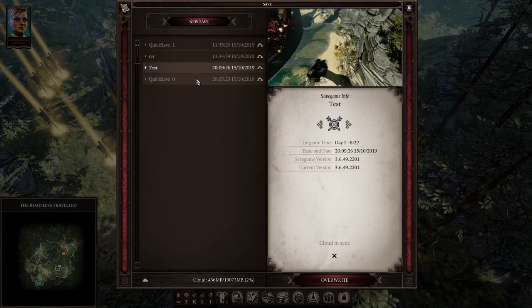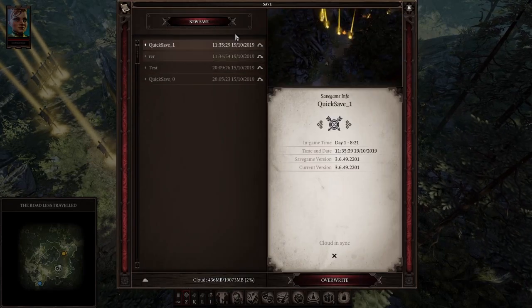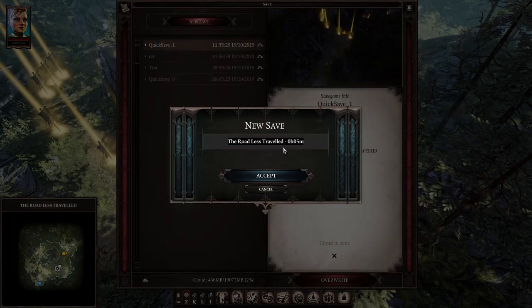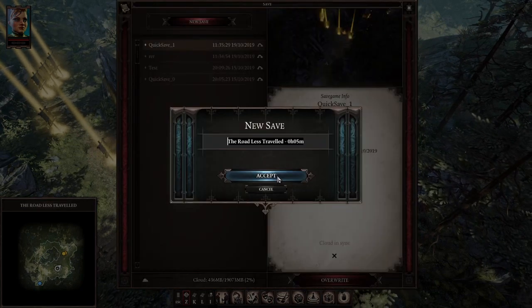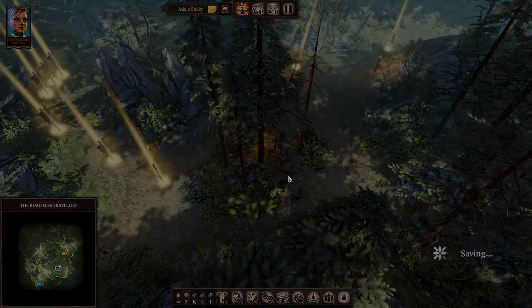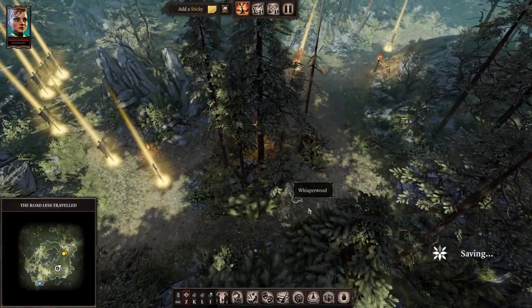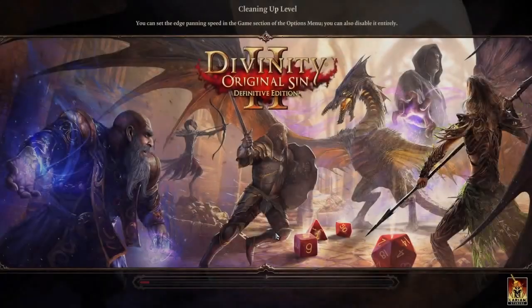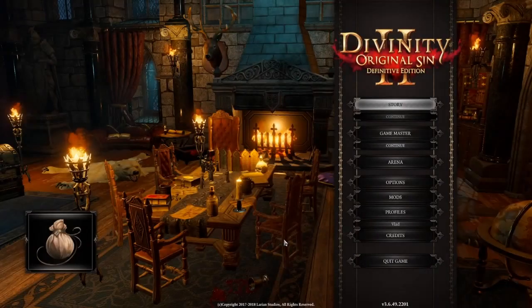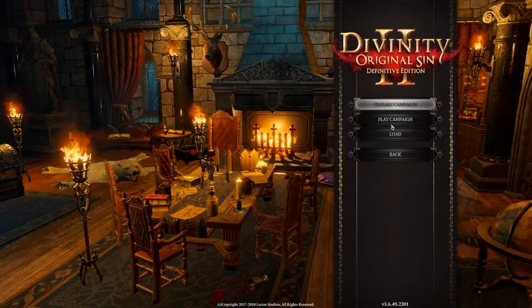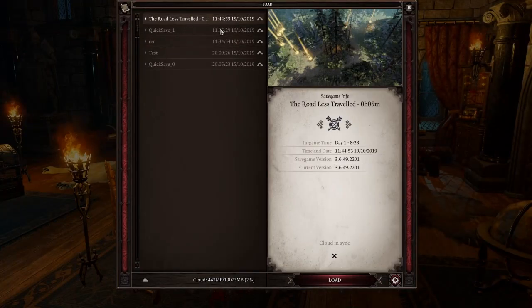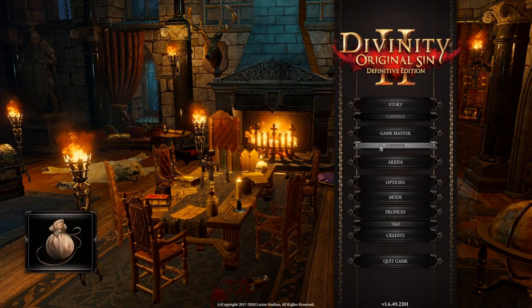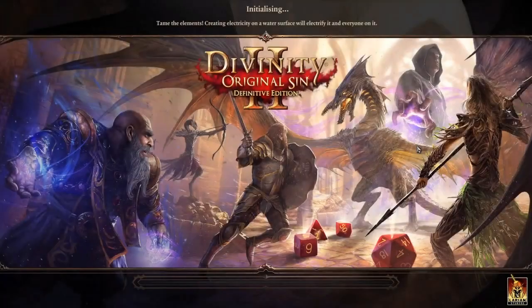So I've done a couple of tests already, but now you're able to save, right? So it'll automatically name it for you. You can name it whatever you want, but I'm going to leave it at that. I'm going to accept that. What's going to happen is that's going to finish saving. If I go to the main menu, it should allow me to go to Game Master and load this, or even better, just hit continue and it'll